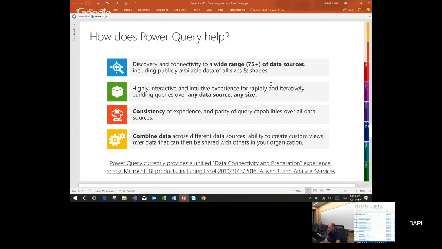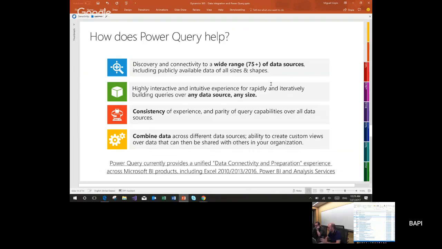That includes Excel with the various versions, 2010, 2013 as the Power Query add-in. In 2016, we have inbox integration through the data tab in Excel, Power BI with Power BI Desktop being the main report authoring tool where you leverage the Power Query data prep and data connectivity capabilities, and Analysis Services in the latest version of SQL Server, SQL Server 2017. You actually have the Power Query experience being the modern new get data experience within SQL Server Developer Tools for building Analysis Services tabular models. But what does it actually provide? So Power Query provides, first, connectivity to a wide range of data sources.